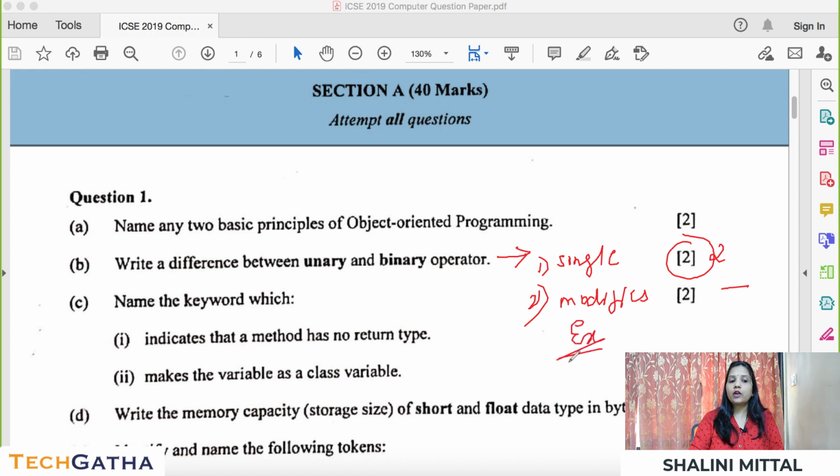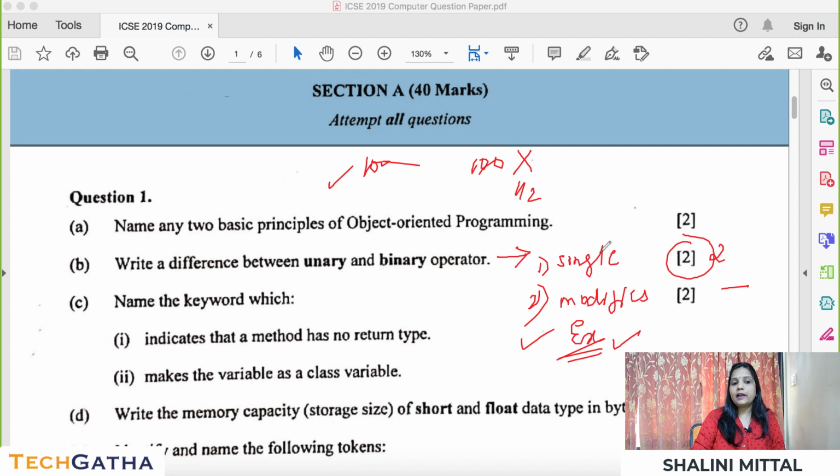Always make sure that you write examples. It's not that if you don't write an example you will lose marks, but it's always better to write an example. The advantage is, suppose I have 2 papers of 2 students, both of them have scored 100 marks, right? Both are students of the same class, same paper, same time. This student has written an example and this student hasn't. I get a chance to cut half marks from here for not writing the examples. So I would always suggest that you write examples.